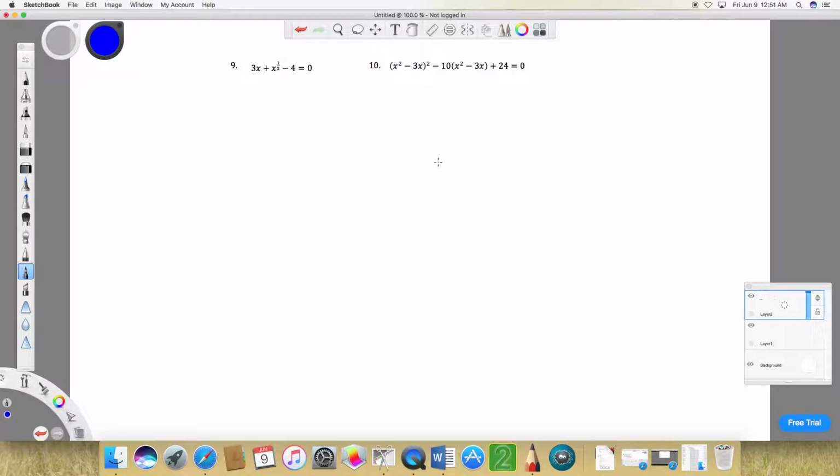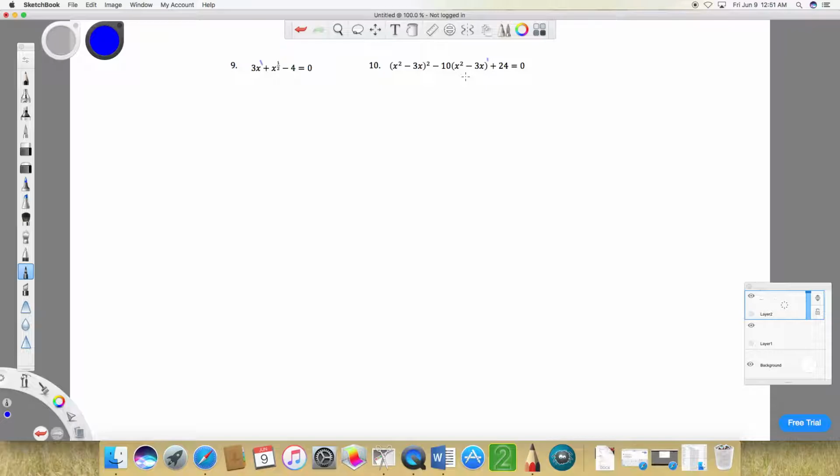Let's take a look at solving these two equations. They are not quadratic equations, but I believe that they are quadratic in form. If we look at number 9, the middle term here has an exponent of 1/2, and 1/2 is half of 1. If I look over here, this x squared minus 3x is my middle term, and it's being raised to the first power, and 1 is half of 2. So these are quadratic in form, and we can solve these by a method that they refer to as a